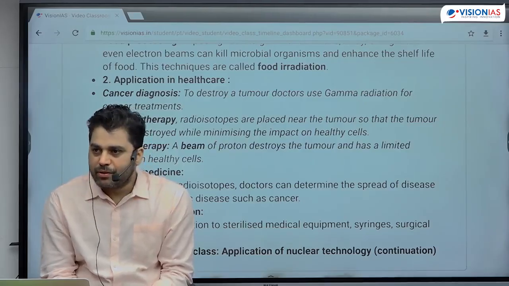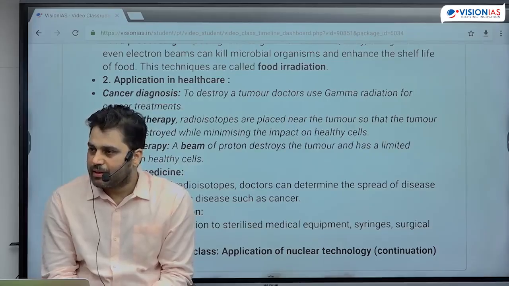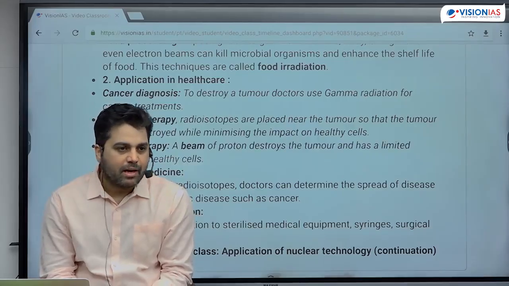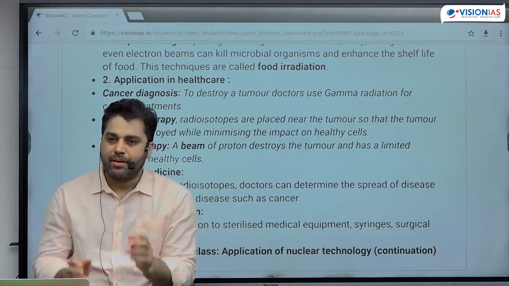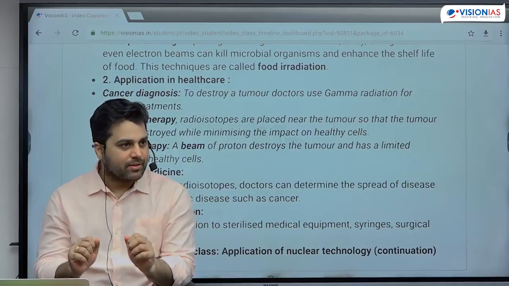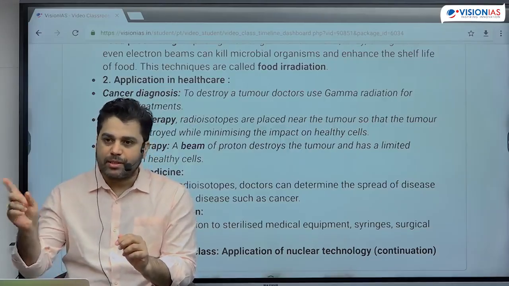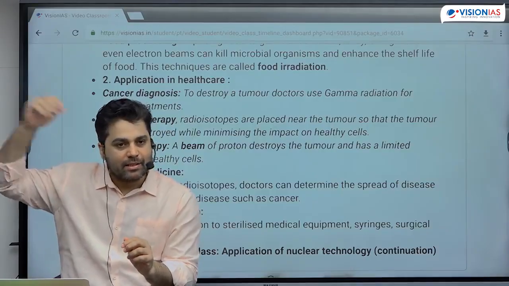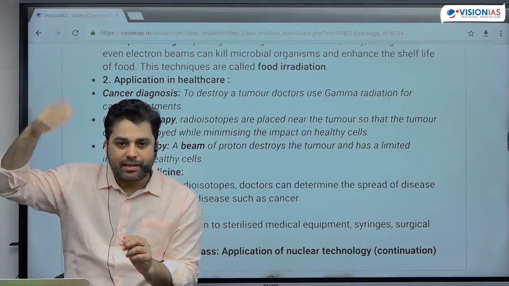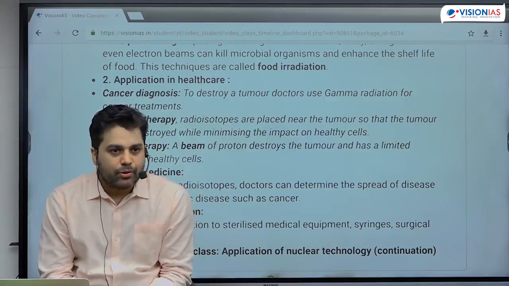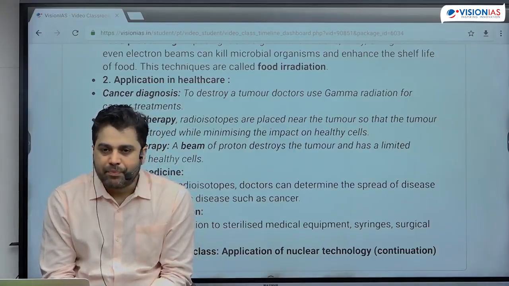I already have told you, if your fossil is very old, more than 100,000 years old, carbon 14 will not work because carbon 14 has a very small half-life. Now you may think that 5800 years is not small, but you have other isotopes whose half-life is 100,000 years or 500,000 years, and they will be better for those fossils which are much older.